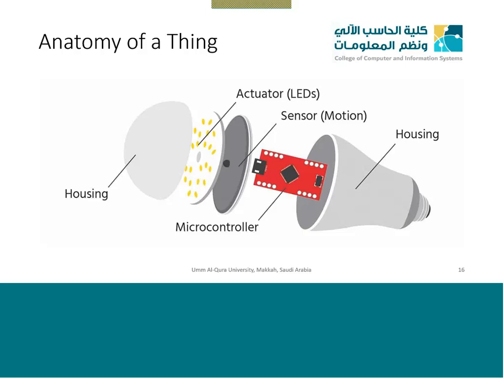So when anyone enters the room, the motion sensor will send a 1 to the microcontroller. The microcontroller will send a 1 to the lights and they will turn on. Similarly, when he leaves the room, the sensor will send a 0 to the microcontroller, and the microcontroller will send a 0 to the LEDs, and it will be off. In doing so, this microcontroller should also be connected with Wi-Fi. It should have some Bluetooth, or so far it is not an IoT node, it is just a thing. It has no Internet of Things node capacity.